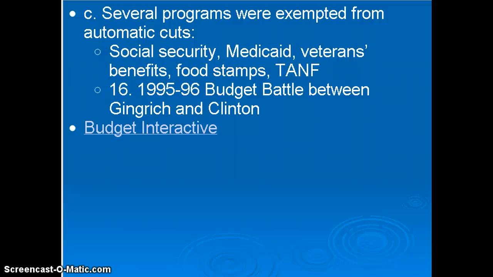If we look at the Tea Party today, they are angry with Gingrich still over the fact that he surrendered to Clinton so easily. They felt that if Gingrich had held out longer, they would have gotten the deal they wanted. And this is why you see the Tea Party today refusing to compromise with the Obama administration, because basically they think they can get a better deal if they hold out. And to be honest, frequently the longer you hold out and the angrier you get, and the more you're willing to threaten a system, you definitely do better.